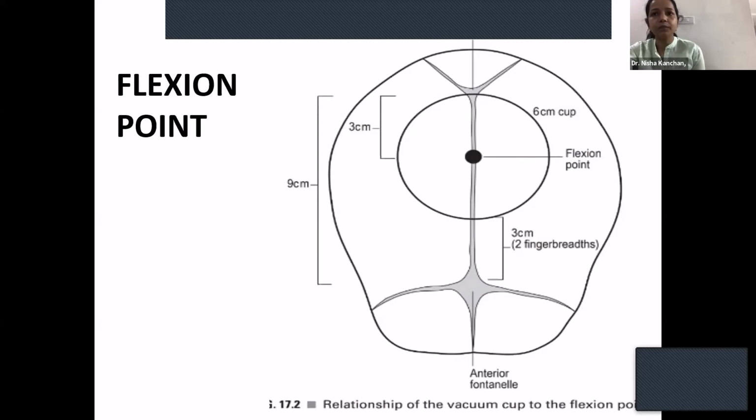After applying the vacuum, if you feel that the rim of the vacuum is closer to the anterior fontanelle, that means it is not close to the flexion point. When you pull, the baby's head is going to get deflexed. When you pull closer to the posterior fontanelle, it is going to get flexed, and this is how it delivers. Even when you apply forceps, your forceps should correspond to the flexion point. When you put it over the parietal eminences, both the blades will be pulling traction over the flexion point. So your instrument should be applied closer to the posterior fontanelle so that the delivery will cause flexion of the head. So the flexion point is an important terminology in vacuum delivery.